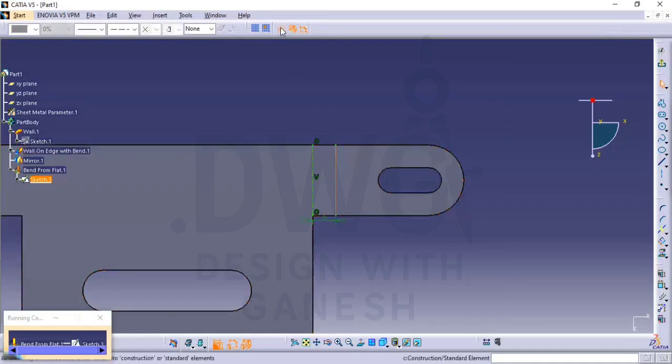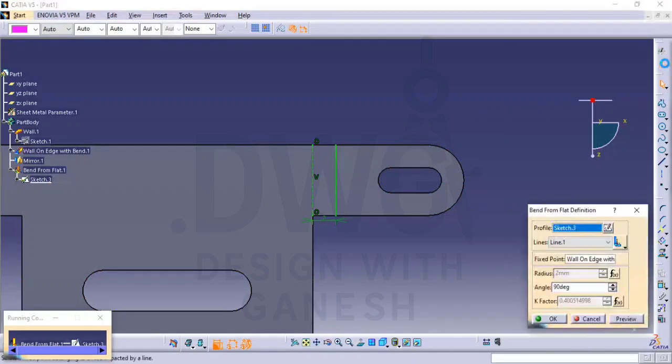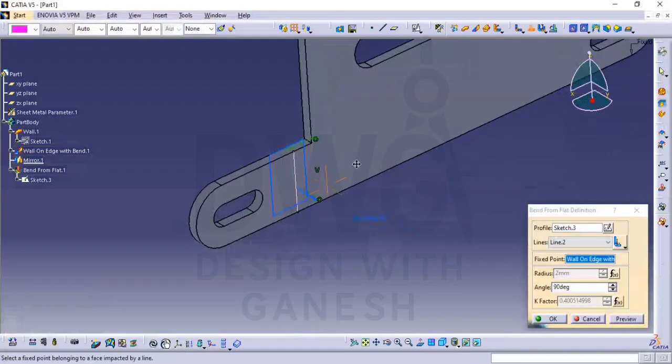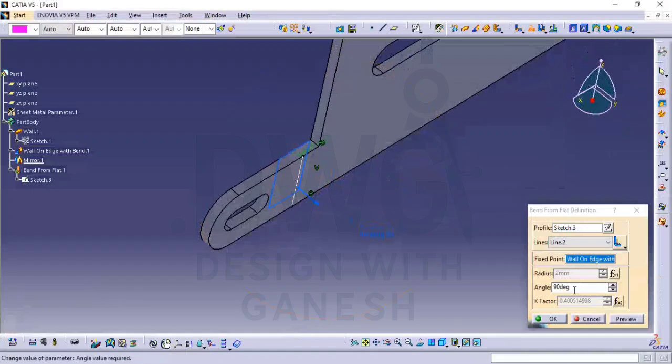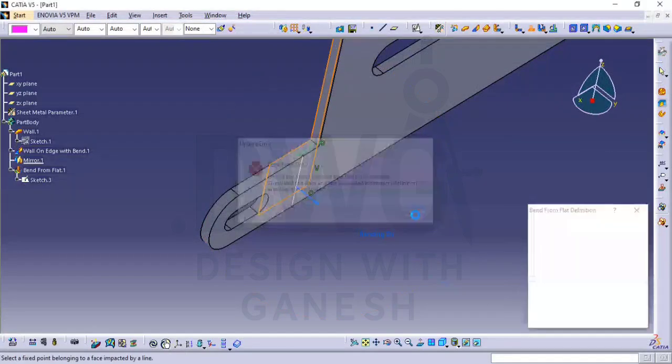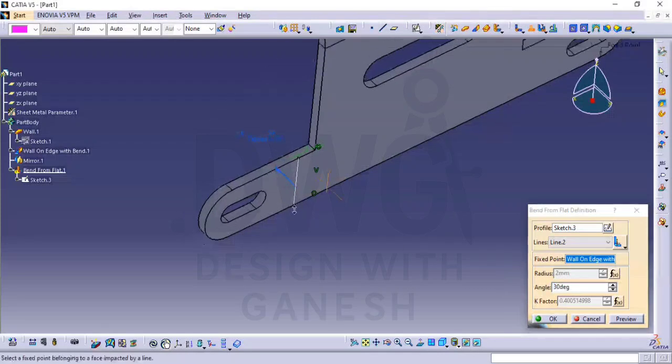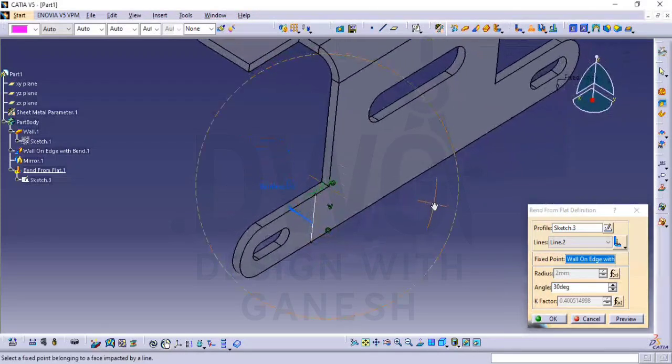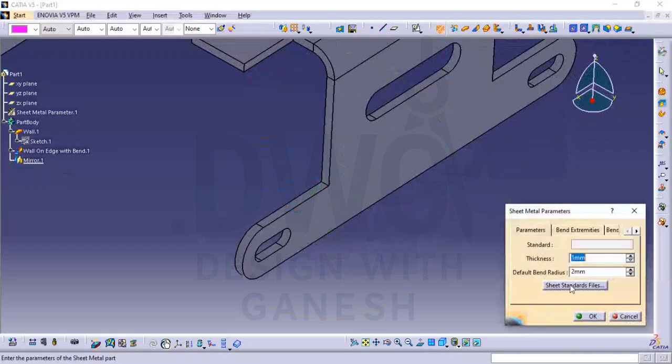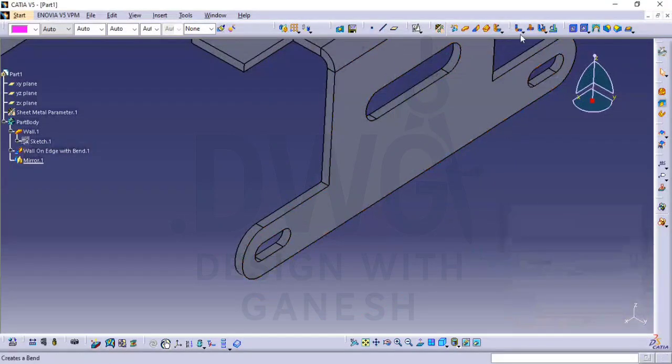So unconstruction this, exit. Now see, it is bending, but the angle is about 30 only. Preview. What is happening? Preview. Maybe bend radius is too high, that's why it is being like that. So you can change the bend factor from here as 1, enter, click on the